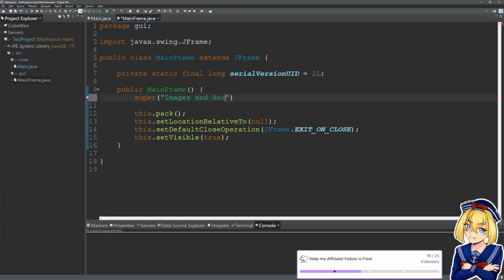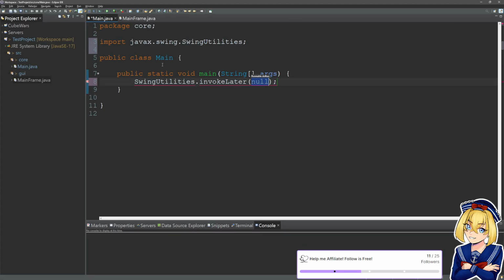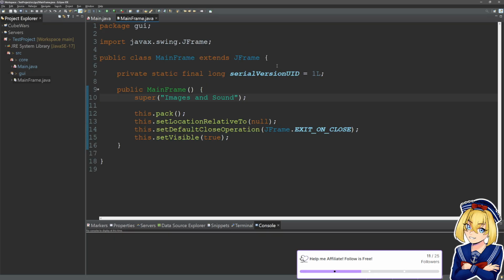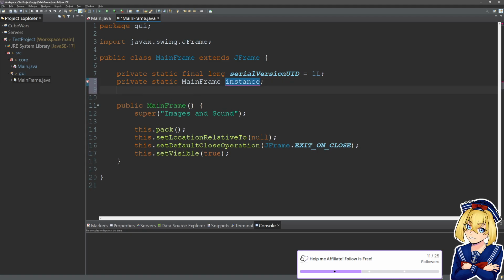Images and sound. How about that? Then in main, we're gonna say SwingUtilities.invokeLater. We're just gonna make a lambda, and we'll say MainFrame. We need to make it a singleton. Private static MainFrame instance.